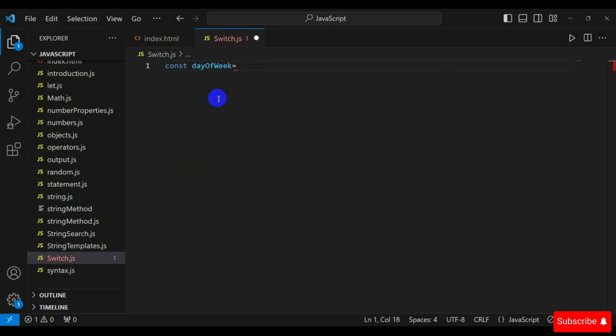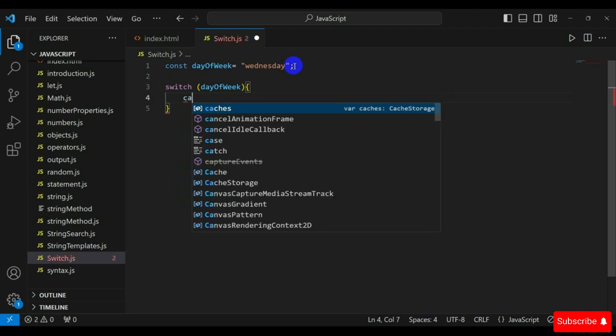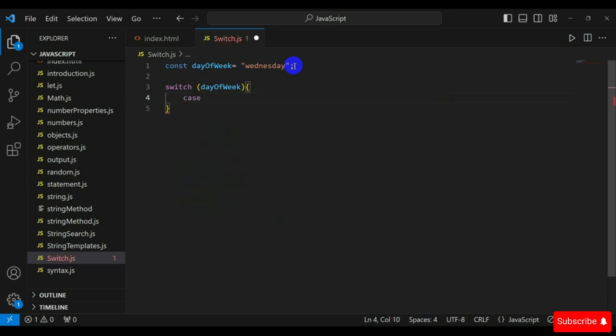the string "Wednesday", and then a semicolon. And now I create a switch statement, with parentheses containing dayOfWeek and curly braces. Case "Monday",